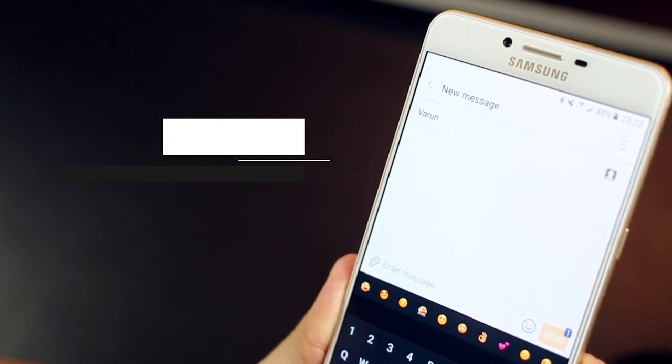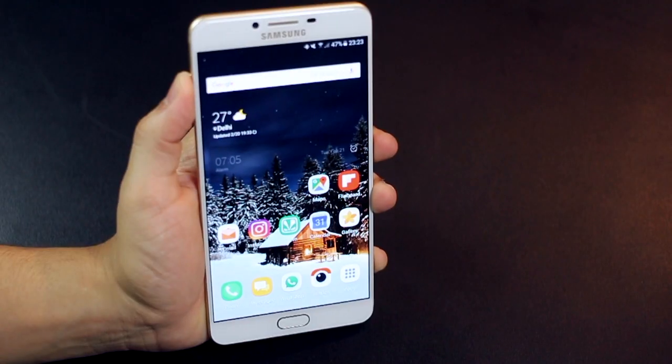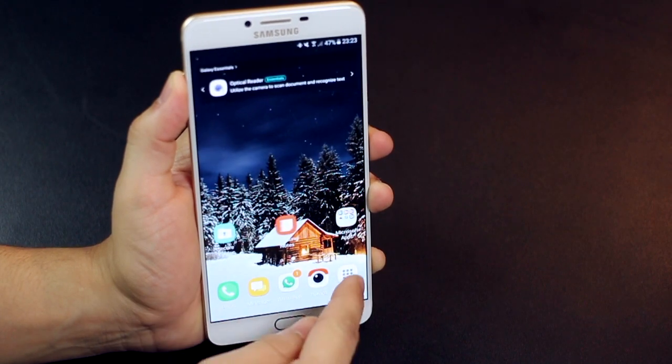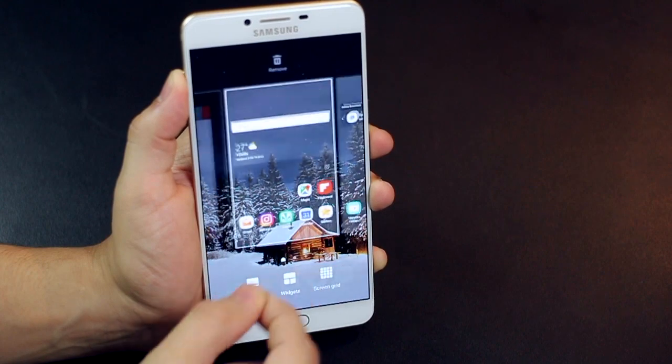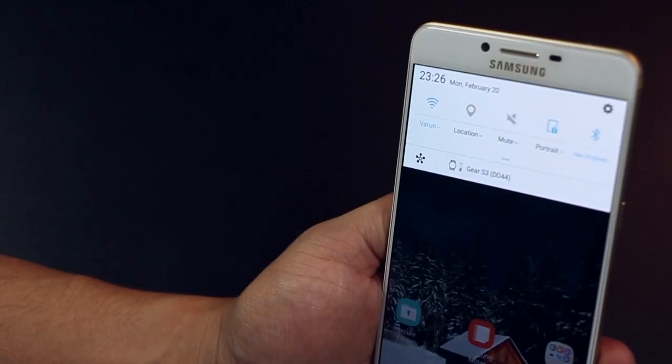And as you can see, there are a couple of things that are over and above Android features that you can use on Samsung smartphones, and that's what TouchWiz does. Now, the screen transitions and animations are just beyond smooth. They're so flawless and quick. The 6GB RAM along with the Octa core processor work really well together to launch apps or switch between apps